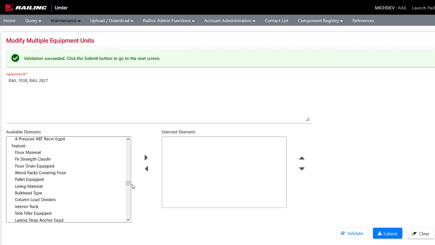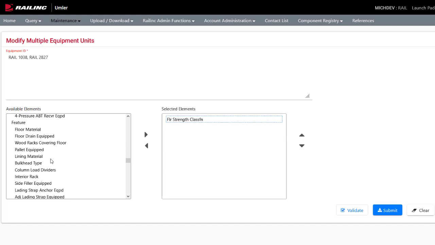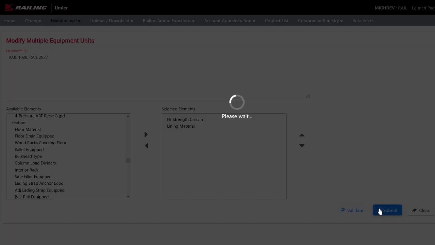To select elements that need to be modified, highlight the element and either click the right arrow or double-click the element name in the Available Elements box. Selected elements appear in the Selected Elements box. Once you have selected the elements to modify, click Submit.